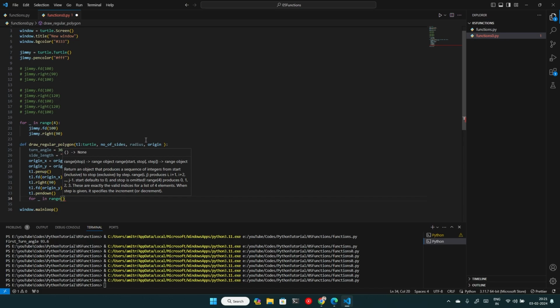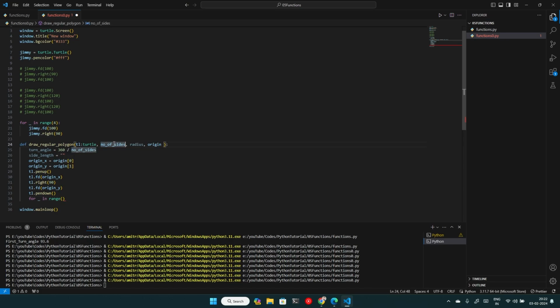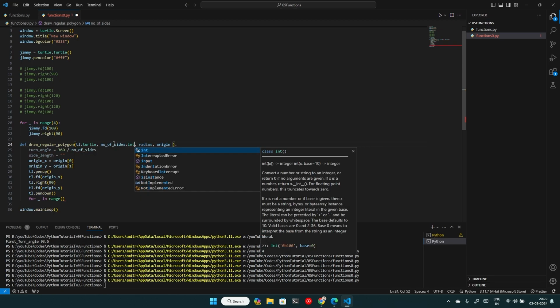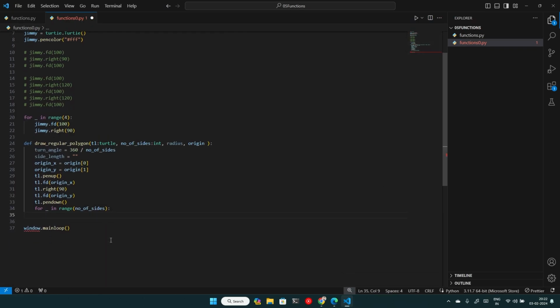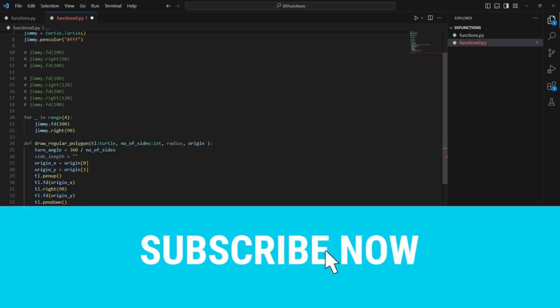Now see here, we have taken the number of sides as a parameter, correct? So we can use this parameter to put the range, number of sides, because we want to complete the polygon also. Now inside this loop, it has to turn. So for the first time it has to turn a certain angle, right? Maybe we can write that first turn angle, and it is 90 plus turn angle divided by 2. These are also simple geometry.